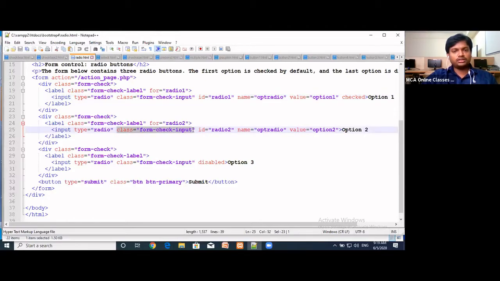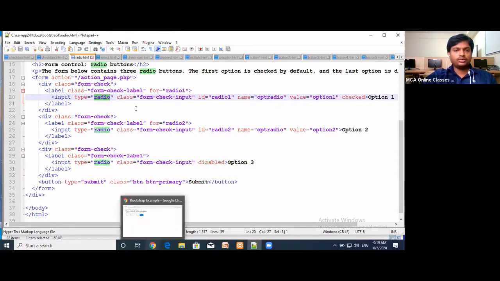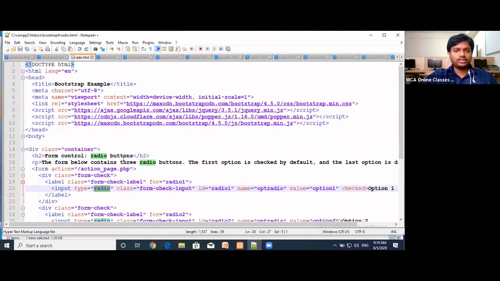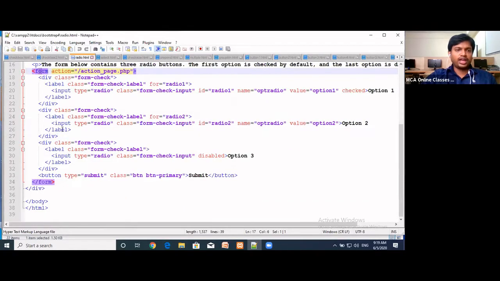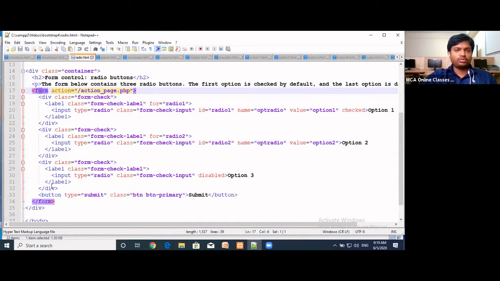For checkbox also everything is the same. Just we need to add this type as radio. If we want a checkbox, we can use checkbox. So this is regarding radio buttons. First you have to design one form tag. Inside the form tag, you can define the elements.